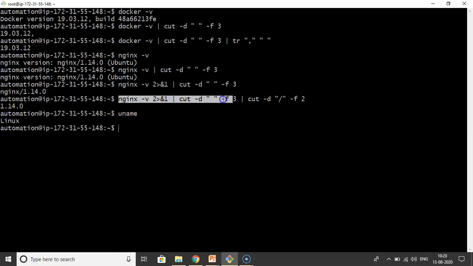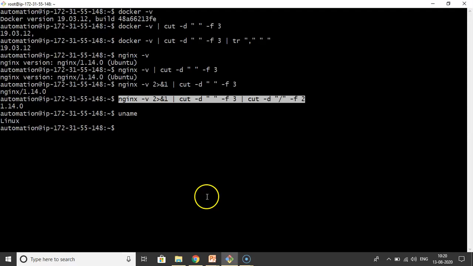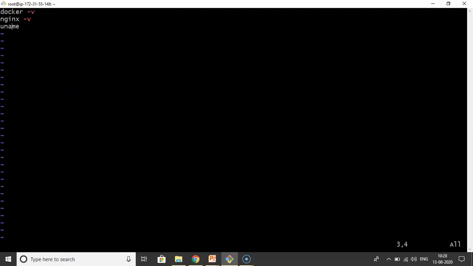Now let me write a simple shell script by using some concepts of scripting. See that? Now instead of our simple script, these three commands I am removing. Now let me enhance our script. First thing we have to write is a shebang line. So I am writing the shebang line as /bin/bash. Don't worry, what is that? Why do we need to write it? We'll discuss in our course.